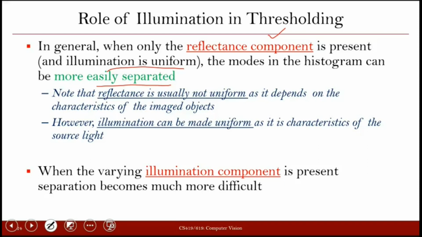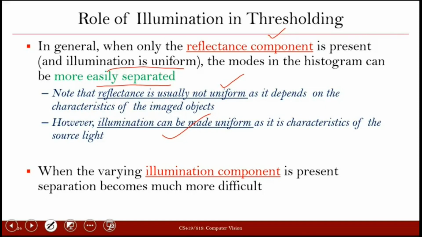And we can note that the reflectance is usually not uniform. Why is it not uniform? Because this is the characteristic of the object. It depends on what kind of object we are capturing. But illumination can be made uniform because it is in our hand. So if we have to digitize and capture the image, we can find a suitable place where we have uniform illumination, and then take the picture.